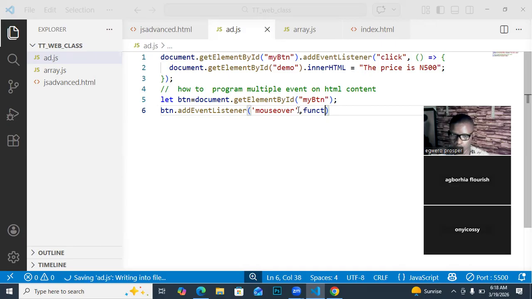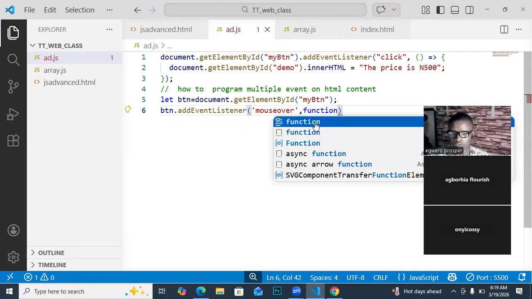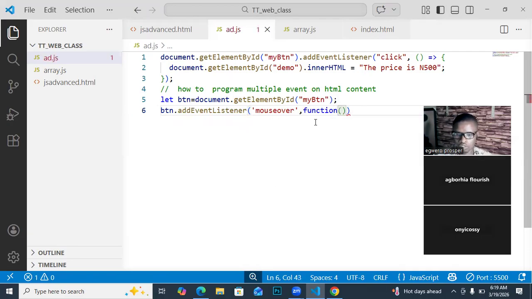Okay, so function, open the function bracket, and then after this I have to open the parenthesis bracket because it's a function, and then expand it down. Quickly add your semicolon. Now, what will happen? This one we want to use